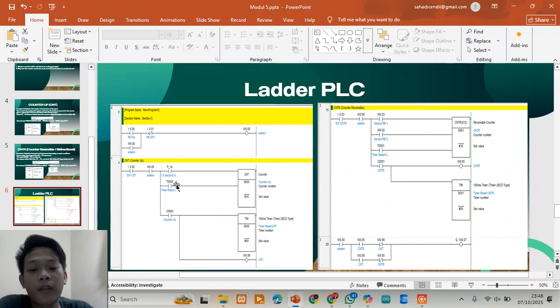CNT is great for simple counting tasks, such as product counts, cycles, or movement detection.